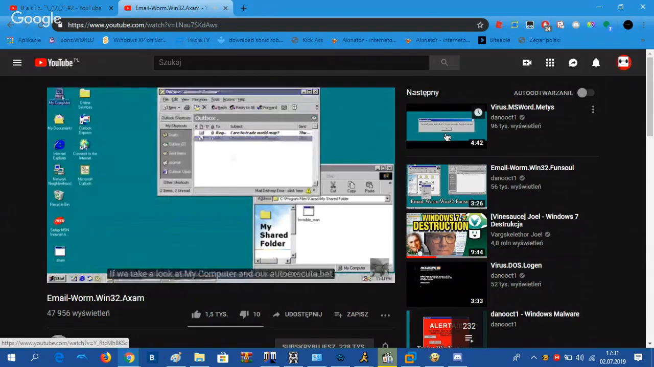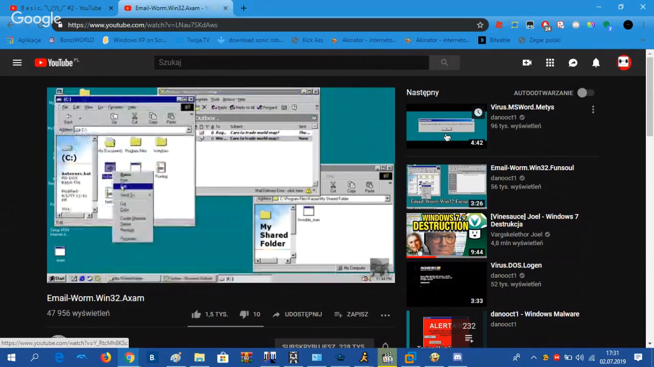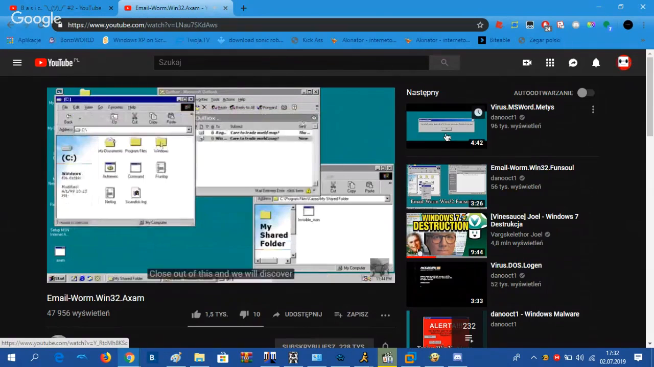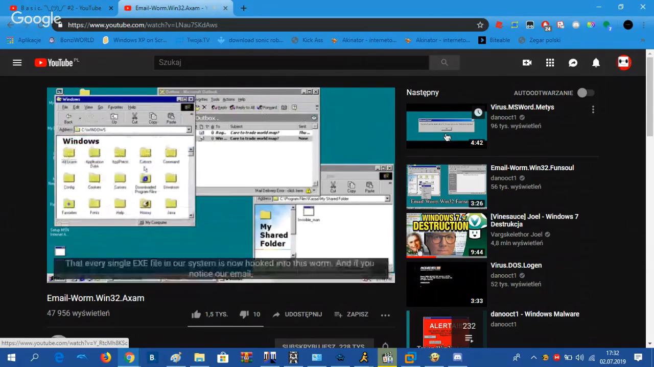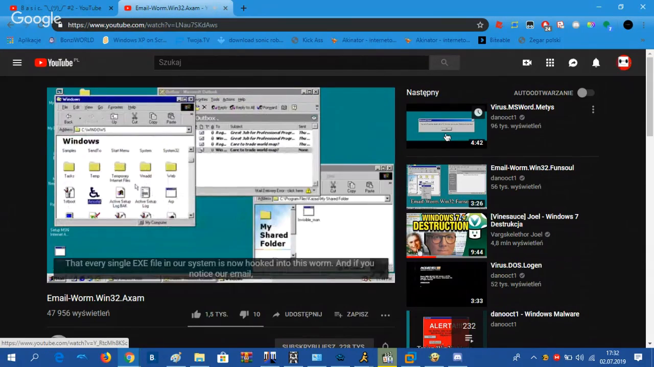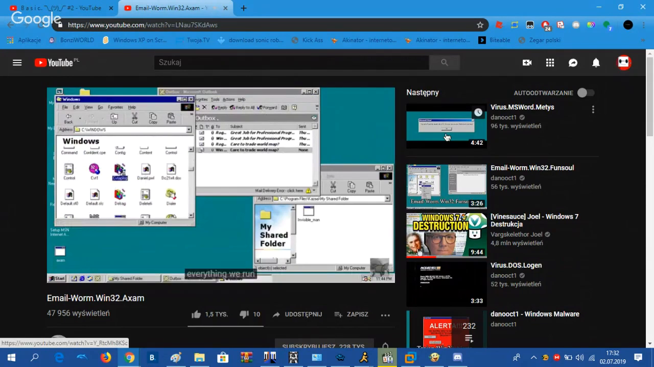If we take a look at my computer and our autoexec.bat, it tries to add some commands to format the drive on C and D. However, that fails. Instead, we just get its message, which we will see at boot up, saying Axum worm present. Close out of this, and we will discover that every single exe file on our system is now hooked into this worm. And if you notice our email, everything we run